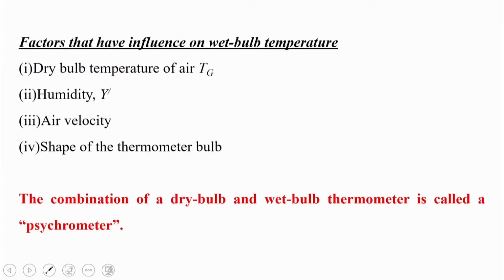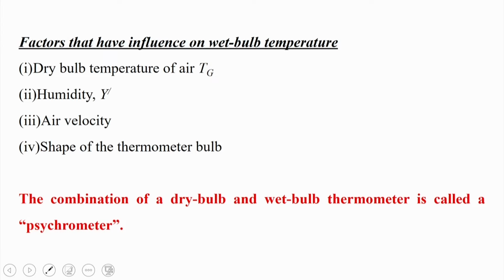So, the factors that influence the wet bulb temperature are, first, the dry bulb temperature of the air, that is T_g. If T_g is high, then the wet bulb temperature will be high. If humidity is high, then the wet bulb temperature also will be high. If the air velocity is very high, very fast, then the wet bulb temperature will be very low. The shape of the thermometer bulb, if it is spherical,